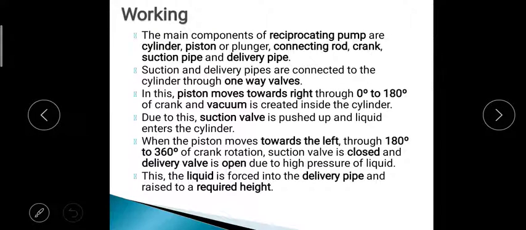Next, I'll repeat the working again for you. The main components in this reciprocating pump are what I told: the cylinder, the piston or plunger, connecting rod, crank, suction pipe, and delivery pipe. These are the important components. The suction and delivery pipes have one-way valves, that are the suction valve and delivery valve. So when the piston